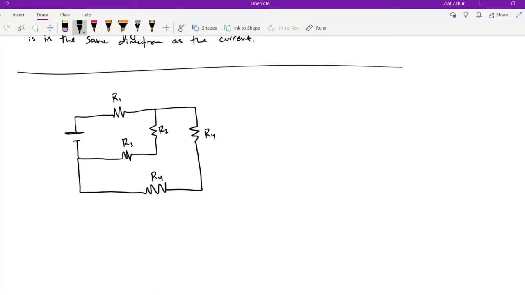R5. Of course, we should be able to simplify our circuits by identifying which ones are series, which ones are parallel. You can see how when the current goes through number 2, it has to go through number 3. Therefore, 2 and 3 are series. Same thing with 4 and... oh, I have two 4s. That's not good. This is 5. Whatever current goes through number 4 will also have to go through number 5. Therefore, 4 and 5 are in series. Okay.